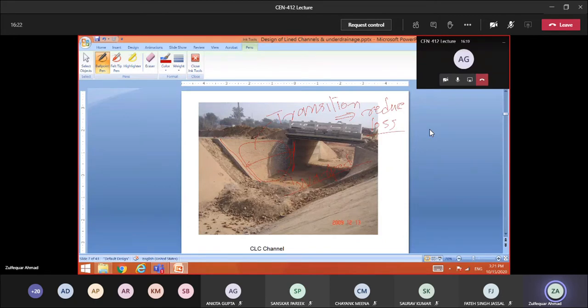Now you can see here, this much paving is not being done here. May I know why? Any idea? Any idea about this? यहाँ पे कोई आपको लाइनिंग नहीं की गई है. Why so?